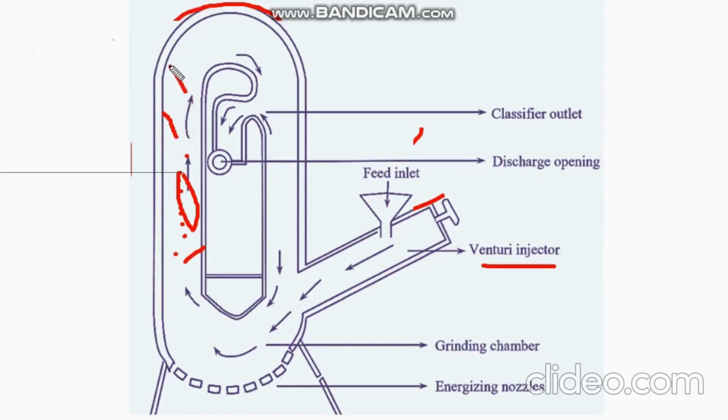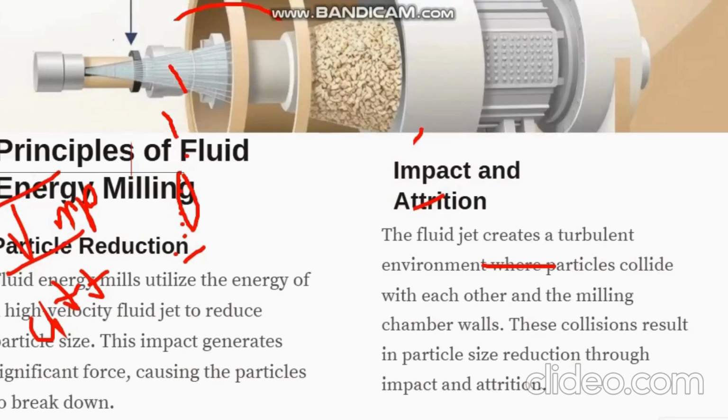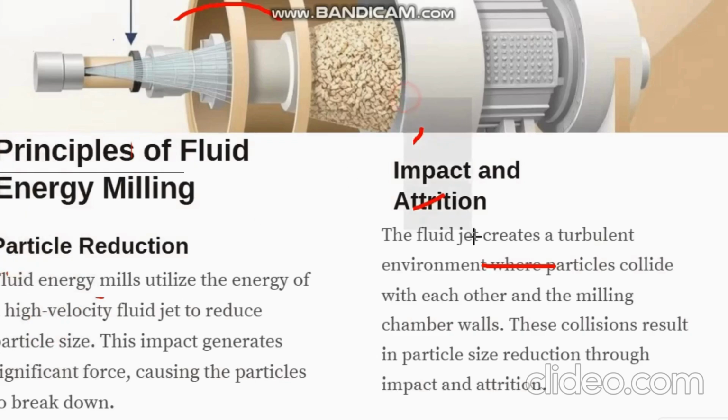Due to collision between the particles and collision with the elliptical pipe, both the impact and attrition mechanisms are going to take place here. That is the working principle of the fluid energy mill. It works on the basic principles of impact and attrition. How are impact and attrition achieved? Because of the turbulent movement of the air